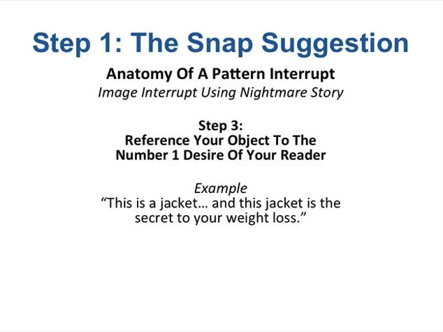It has to be their weight loss, not your weight loss, okay? So it has to be their skiing better. It has to be them making money online, them succeeding in whatever product or service that you are offering, okay? So all I've done is take the object that has nothing to do with the primary thing that I'm selling, and I relate it back to the primary desire of my reader. I don't relate it to what I'm selling. So if I'm selling a book on weight loss, I don't say, "This jacket will show you why you should buy Every Other Day Diet."